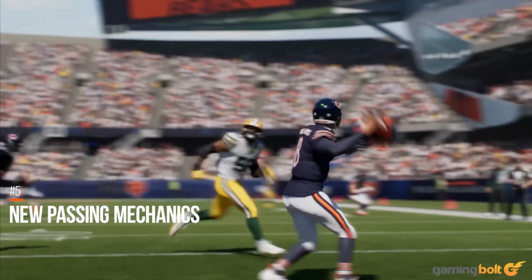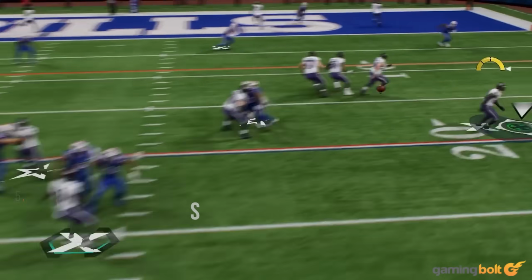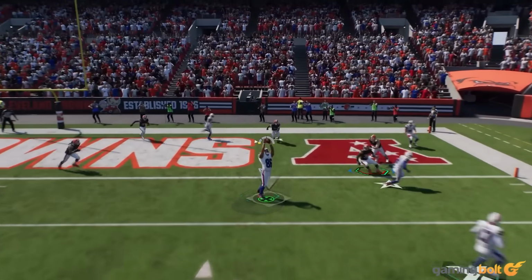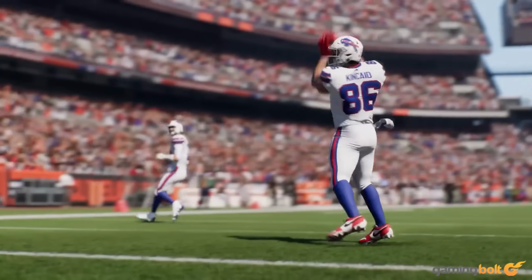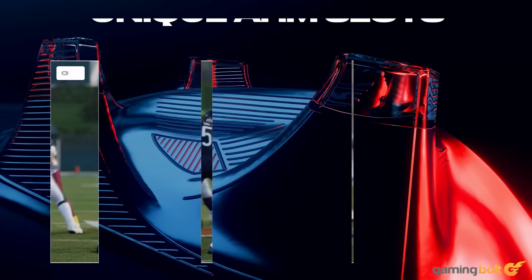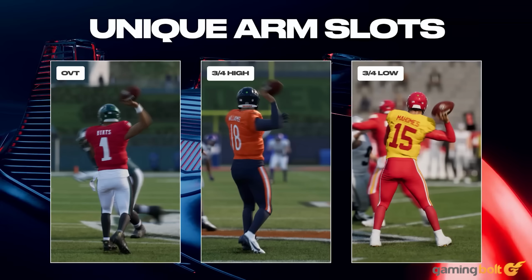5. New passing mechanics. Improved animations are all set to work well with the new passing mechanics that bring a lot of depth to the core gameplay loop. Star players come with signature off-platform throws along with 3 new arm slots for throwing that include overhead, 3/4 high, and 3/4 low throws that directly impact how the ball is kept in play when you try to retain control